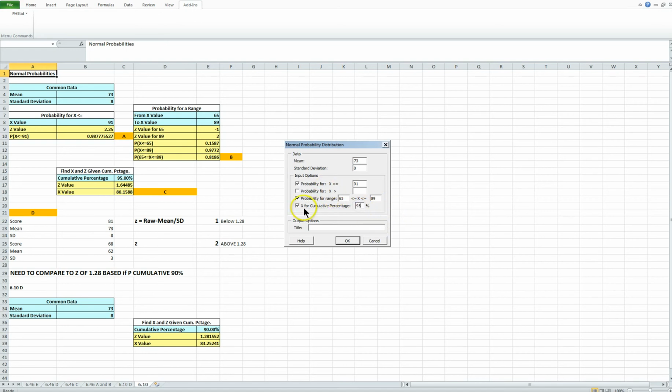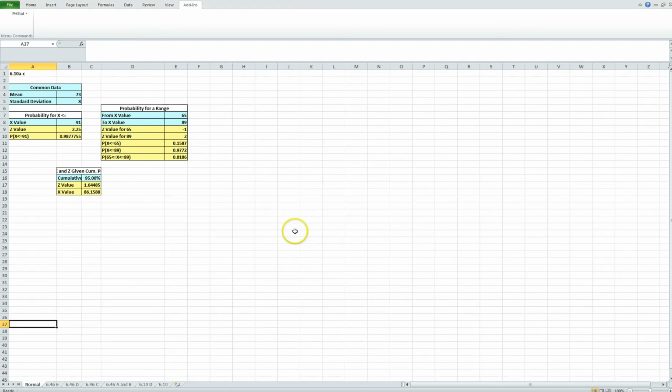So here, these three checkboxes are going to give us A, B, and C, which I have labeled here. So let's just give this a quick title, 6.1 A to C, and click OK. There we have it. So this is our percentage probability for A, our range for B, and our test score